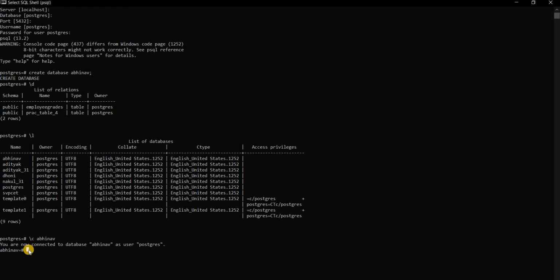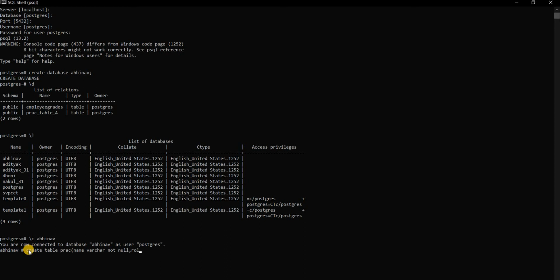Now we are creating a table. For creating a table we have create table, let's say prac. In it I am giving a column name, varchar, and it should be not null.